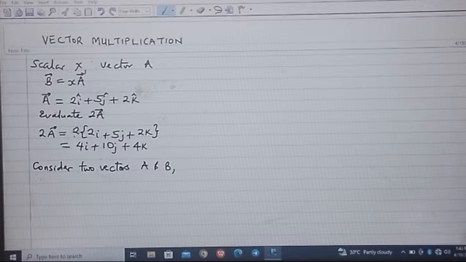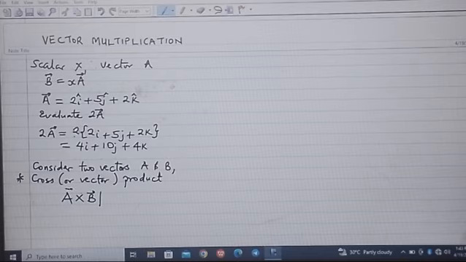So if we are to use the cross product or vector product, it is read a cross b